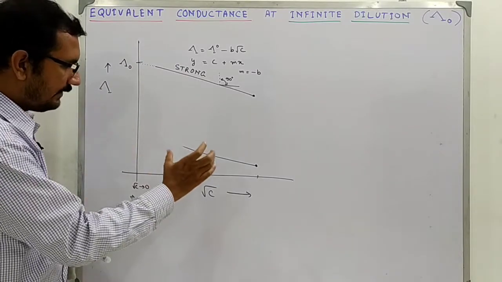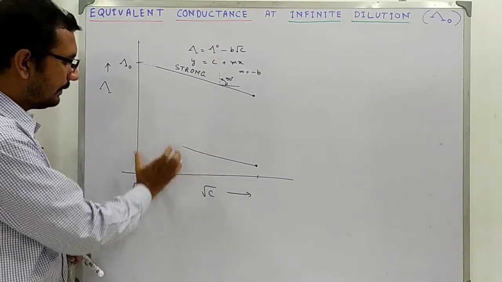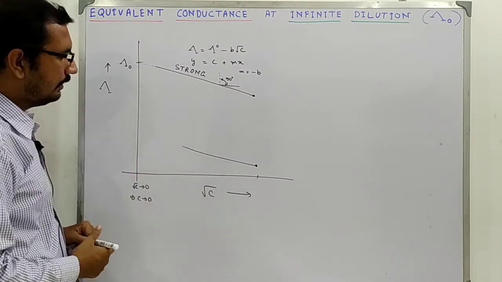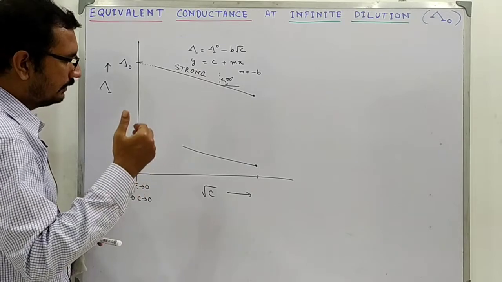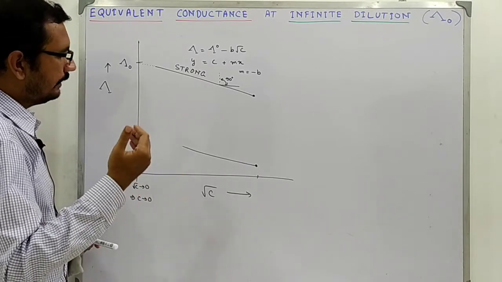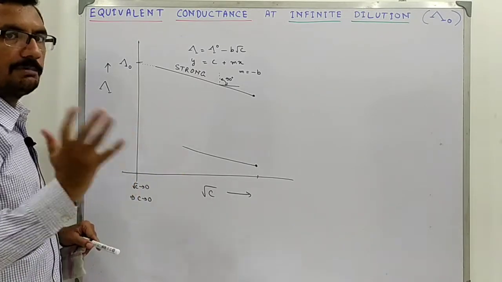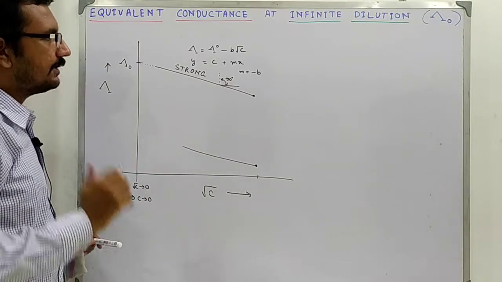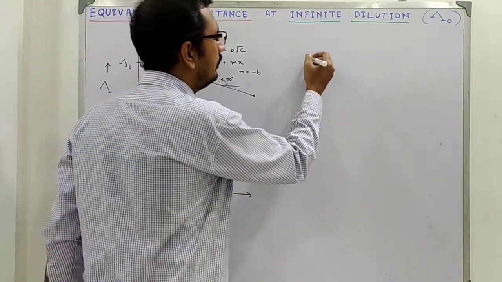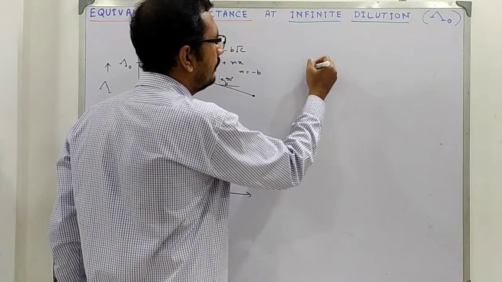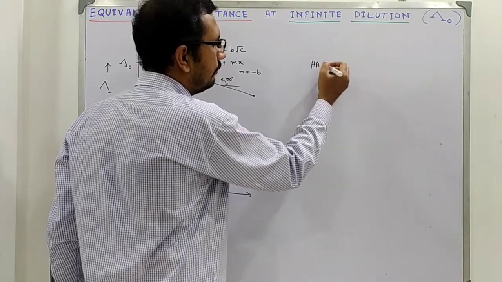Now, when the system reaches the dilute domain, the equivalent conductance starts increasing very rapidly. This is because when we start with a weak electrolyte,